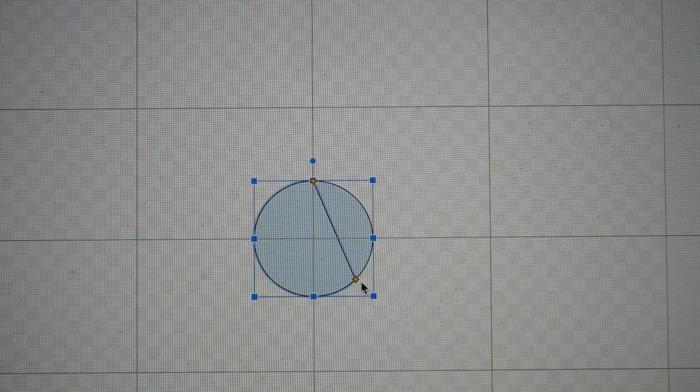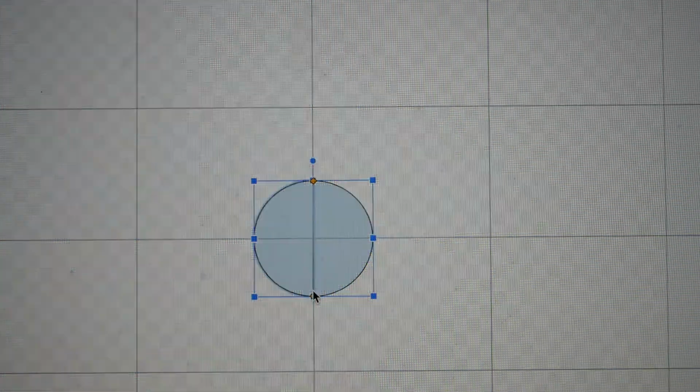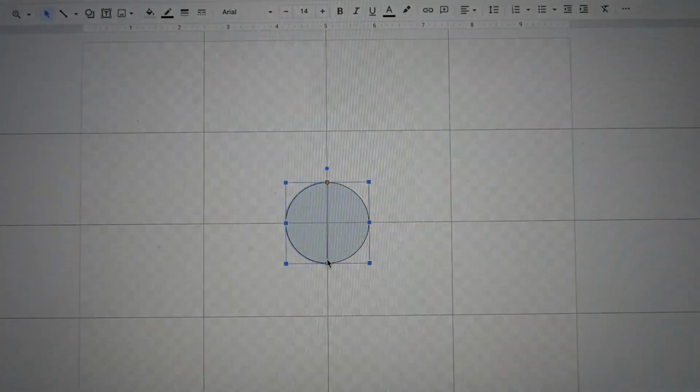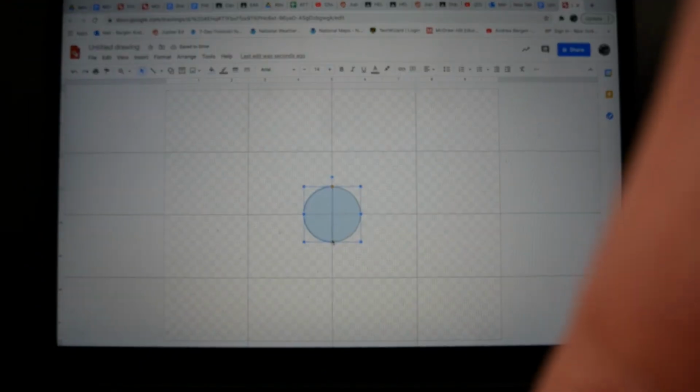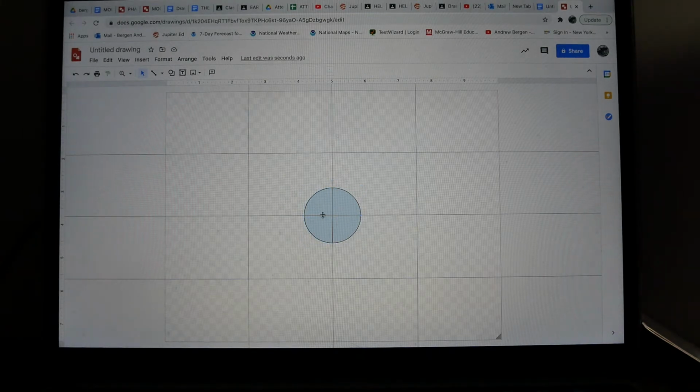Well, you can see I can slide this chord and split this Earth in half. I'm going to come all the way out. There we go. And now I can click on the chord box, and I can fill it with a darker